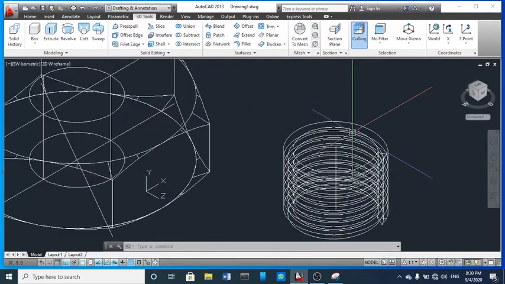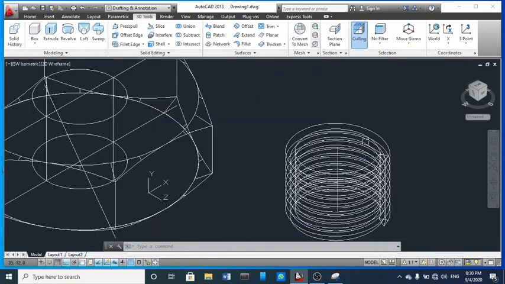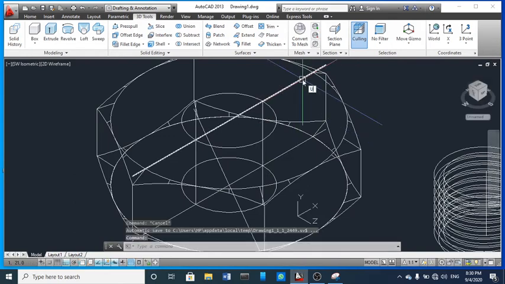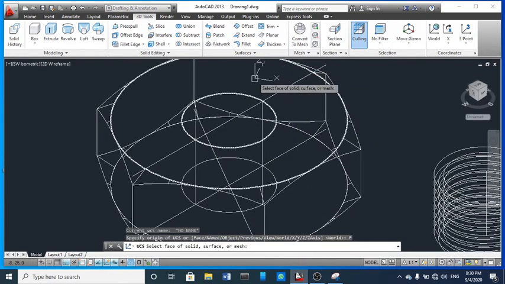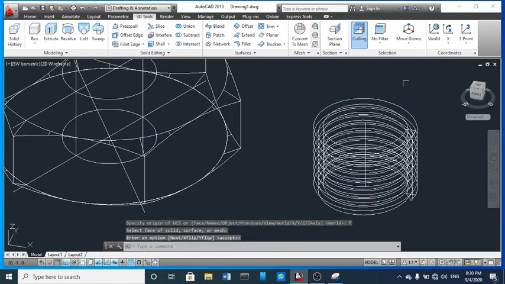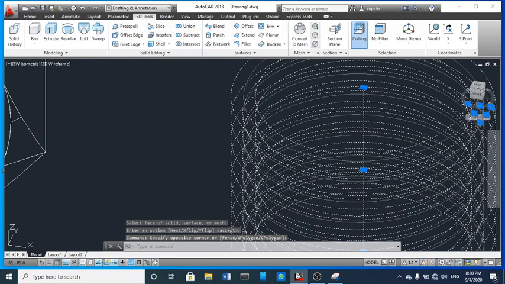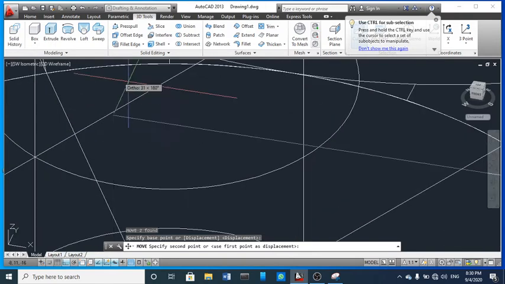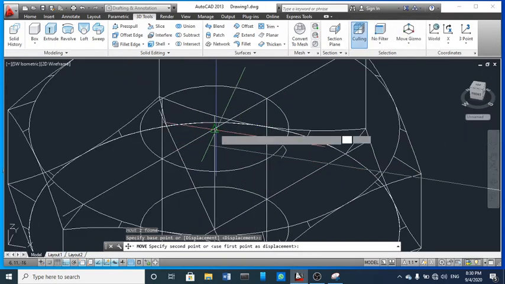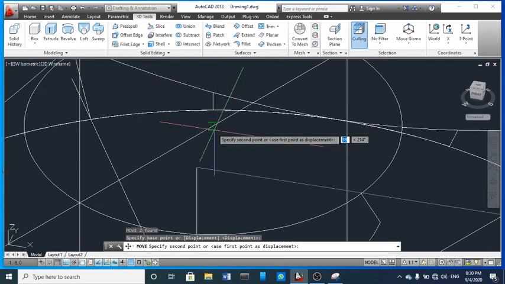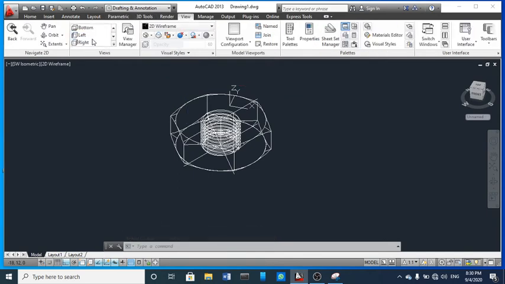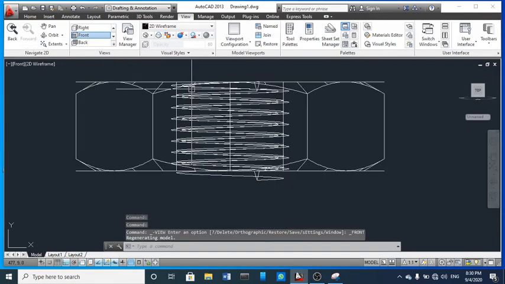Now I'm going to move this, but before that we need to change the UCS again. Let's move it here to here. Now you can see the front view, but look, yes,